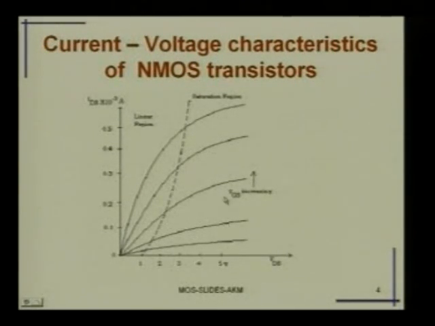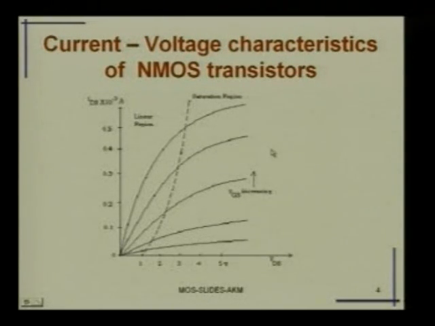Also, if you go on increasing VGS, the current will increase. So, the current is now a function of two parameters: the drain-to-source voltage and the gate-to-source voltage. Effectively, in digital circuits, we will assume the current is 0 when VGS is less than threshold. Above it, current will flow, and then we will analyze what happens to the output voltage in NMOS